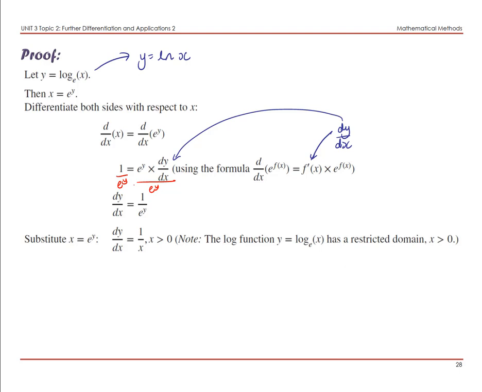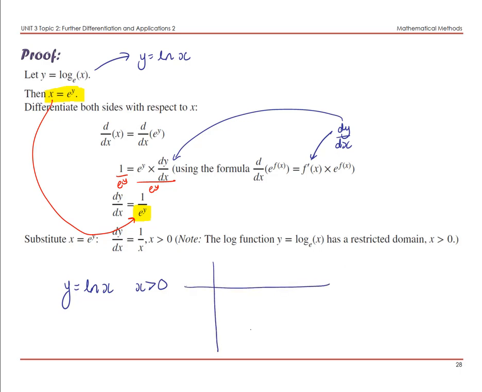From there, we started by saying let x equal e to the y. Well, there's your e to the y there. So I can replace e to the y with x. So that means dy dx is 1 over x. Now, remember, for your natural logs, or any log for that matter, that x had to be greater than 0, right? If you think about your natural log graph, or if you don't remember your natural log graph,